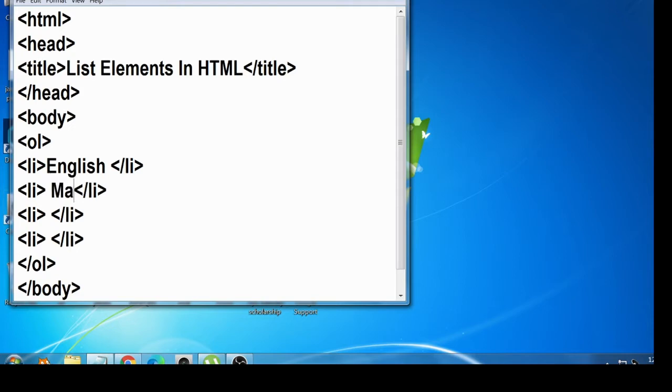Then second list item mathematics. Third biology. I enter here the list item LI. And last one is the Marathi. Okay, this is the list OL.